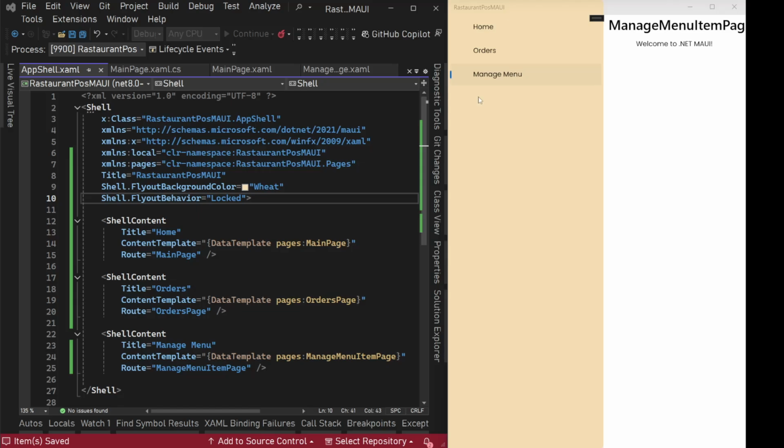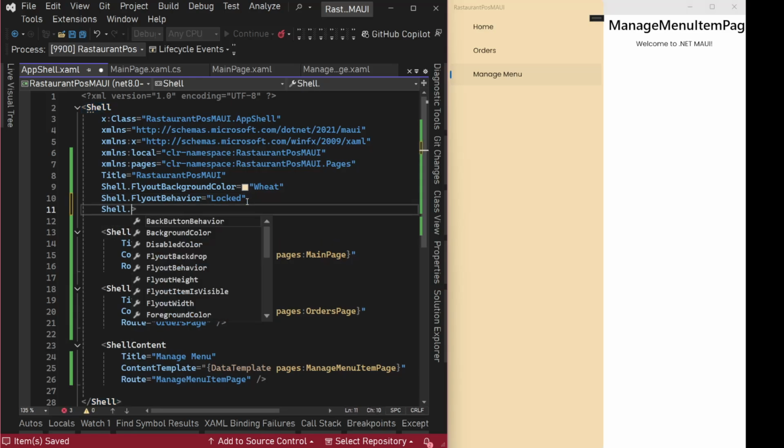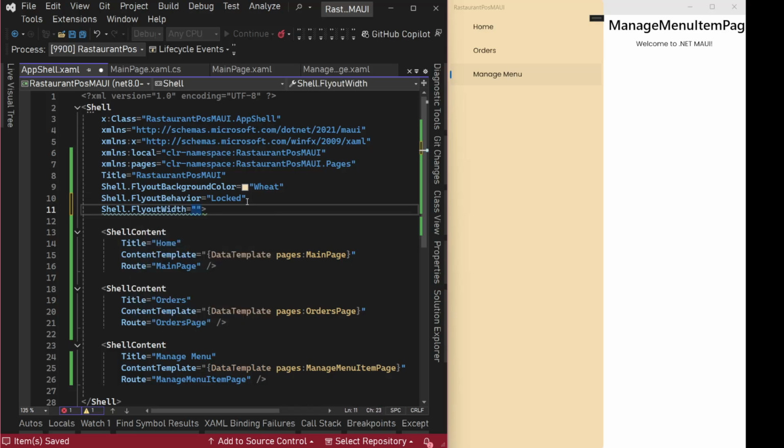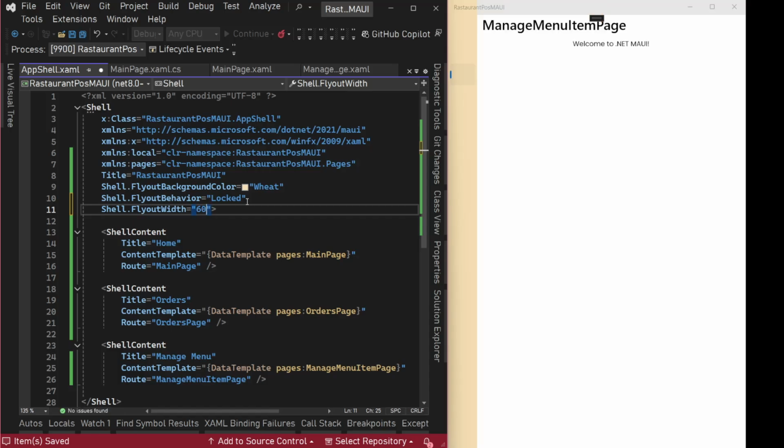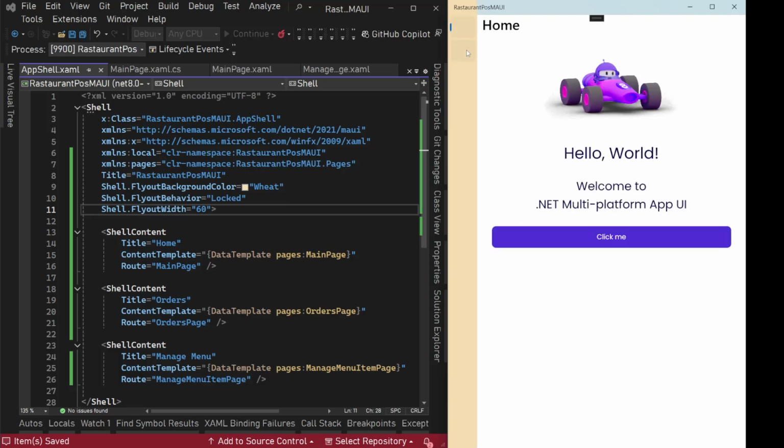All right, so for that, on this main shell only, we'll say Shell.FlyoutWidth. We'll have it somewhat 60. Save it and we are good. But right now we can't see the text. We will be able to see the icons but not text,